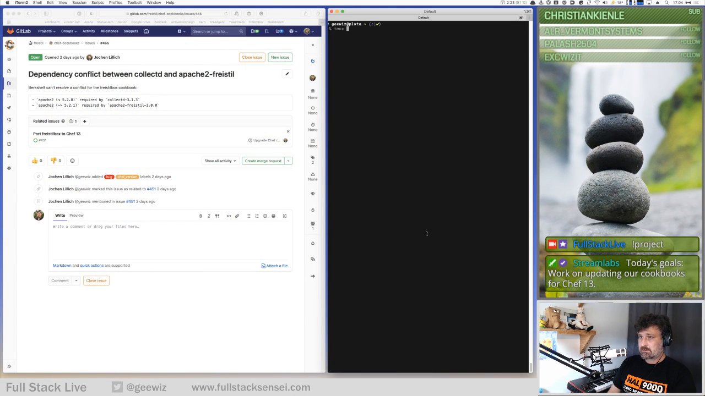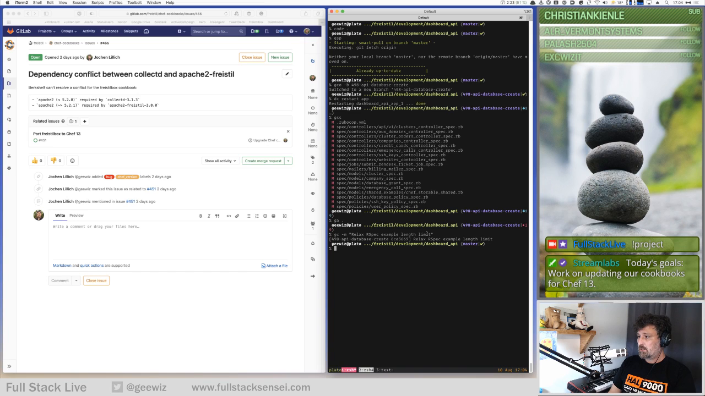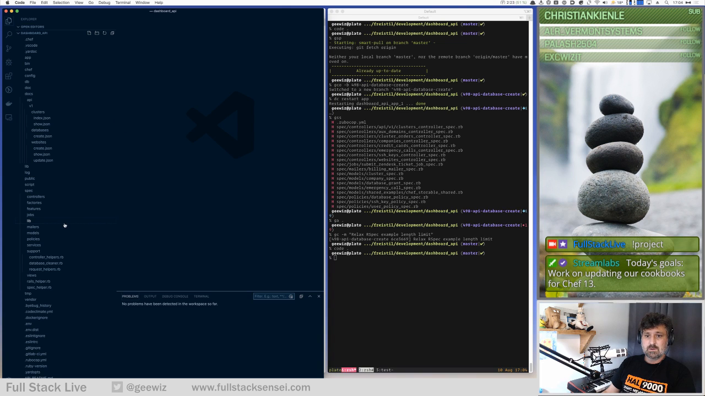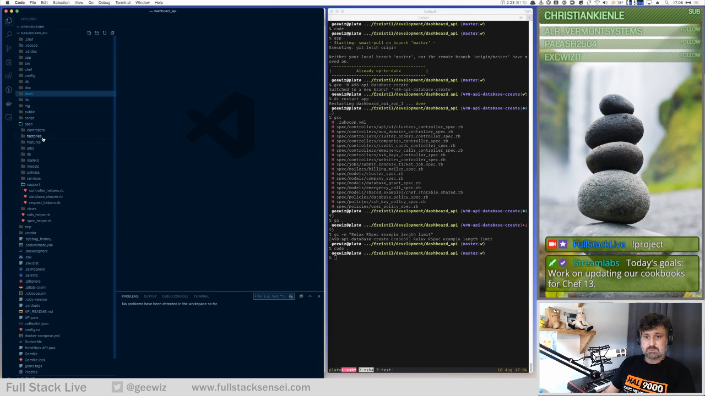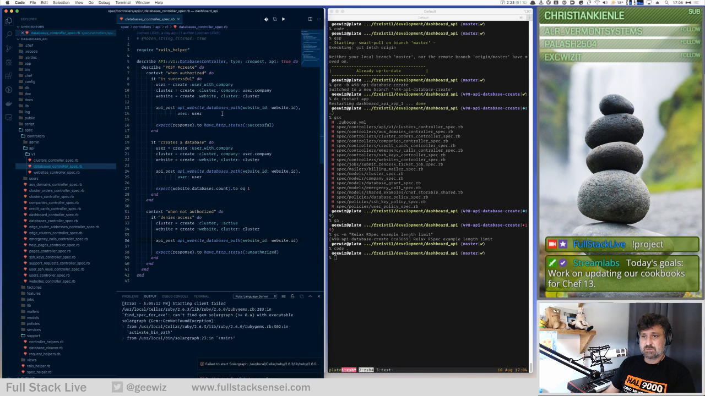So let's go into my dashboard window and fire up code. So where are we? It's the documentation, spec, controllers, API v1. Yeah, so I wasn't able to get the databases controller spec running with a controller type test, and simply by converting it to a request type,